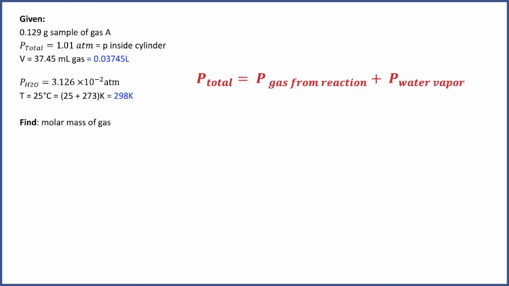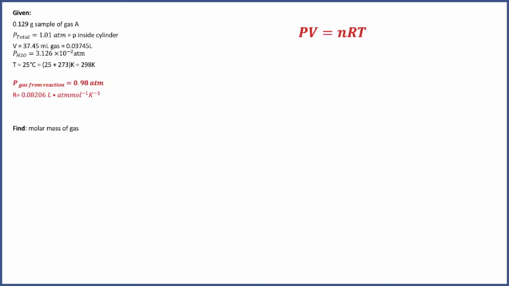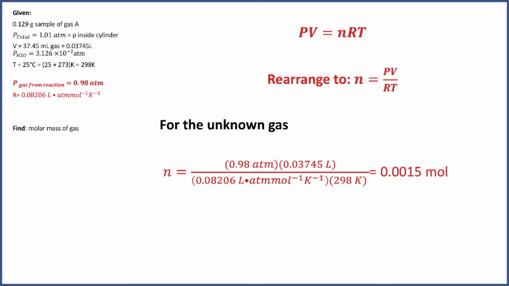Here is Dalton's law of partial pressures. We're going to rearrange this equation because we want to know the partial pressure of the gas from the reaction. We know the total and we know the partial pressure of the water vapor, so it's just a matter of subtracting the two. The partial pressure contributed by our reaction gas is 0.98 atmospheres. Now that we've done that, we are going to use the ideal gas law. I am going to rearrange it so that I can solve for n, the number of moles. And I can just plug my numbers in and solve, and I have